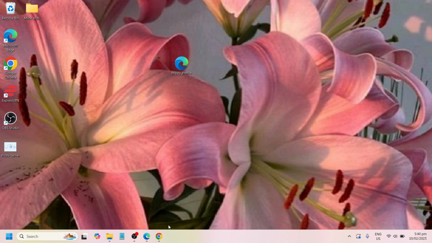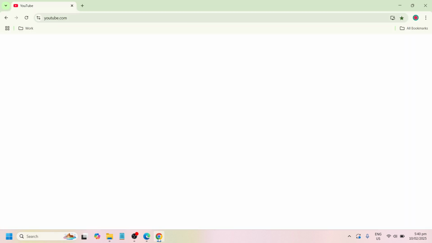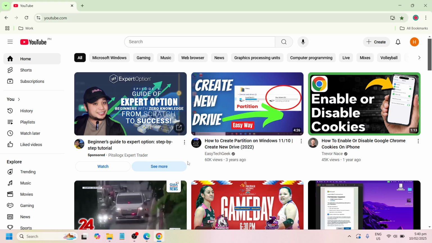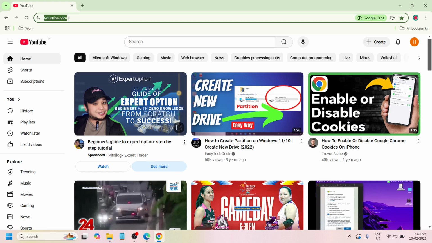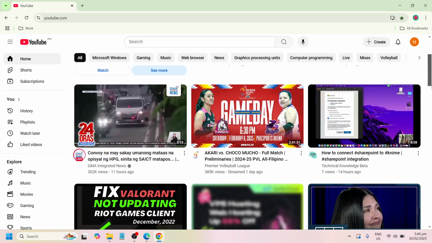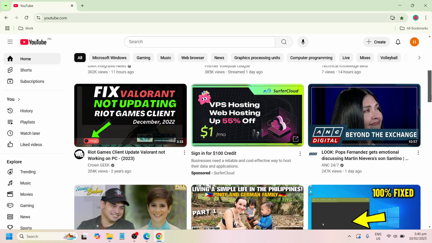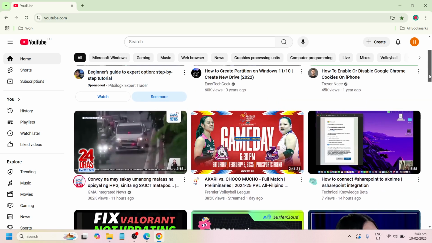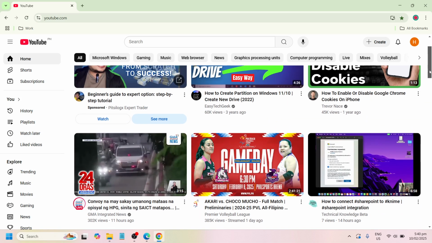First, you need to open your Google Chrome. Once done, please search at the Windows search bar youtube.com and you will be redirected to this window. Make sure that you don't visit any website other than that. Once you're redirected here at the YouTube website, here's the best part, the important part of this